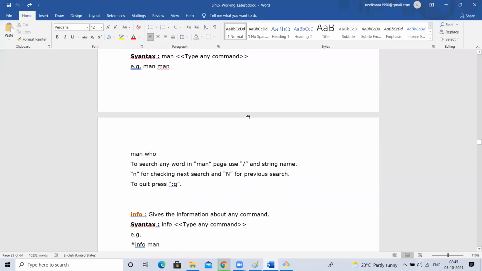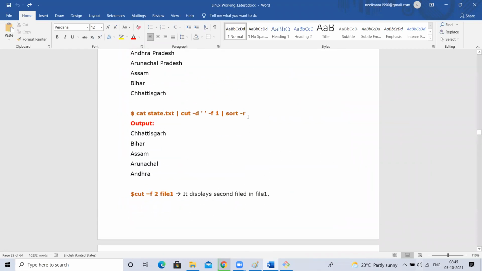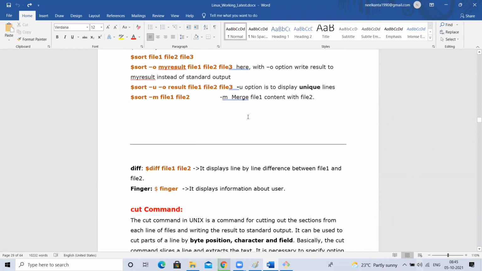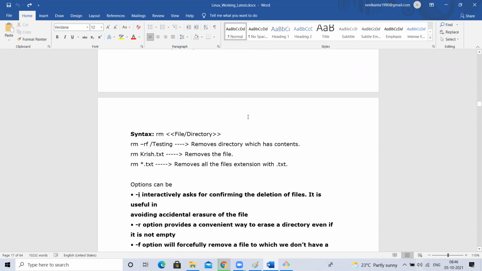See, for that assignment, whatever I just gave, right before chage, I gave check ifconfig. ifconfig will not come by default in Red Hat. You have to install it. But how to install, I don't know. You may try it for sure. If you try to install that way, you'll get an error, but there is some other way. You check it. That is the assignment. If I teach everything, you'll forget everything. That's why I'm giving you assignments, so you will not forget when you try on your own.